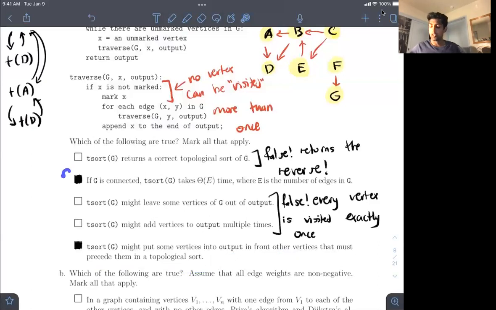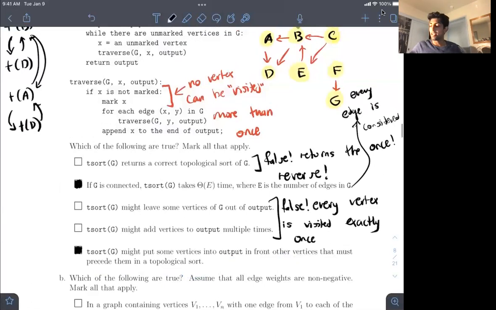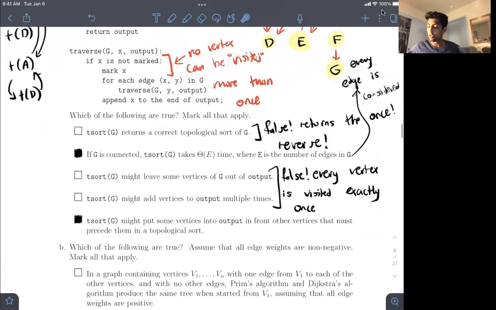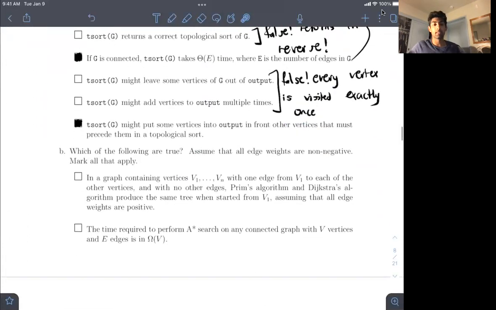The reason that this one is true is because every edge is considered once and exactly once, okay? The reason is that if every vertex is visited exactly once, that means every edge is also visited exactly once, because every time we go to some vertex, we consider each of their outgoing edges. So since it's a directed graph, every edge will be considered exactly once, right? So T sort will take theta of E time. Nice, let's move